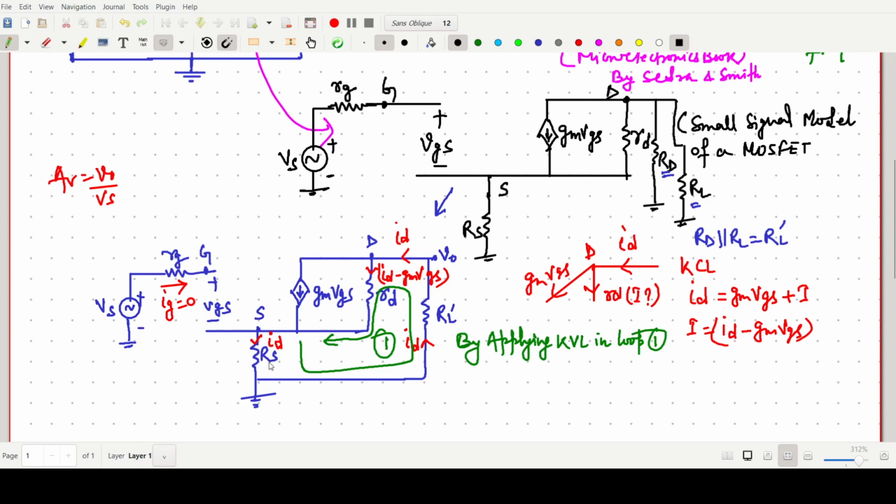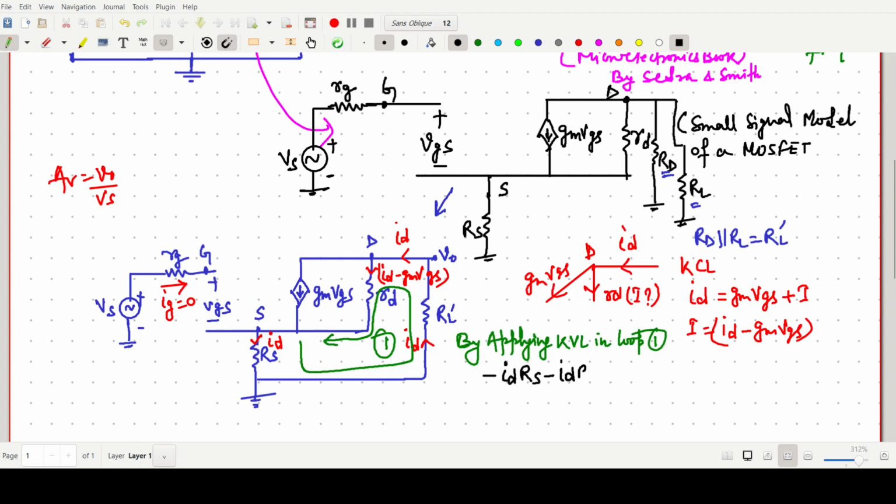It is a very simple KVL concept. We can write from here. We are going in the current direction, so I am writing ID into RS. Now again we are going in the current direction, so one can write minus